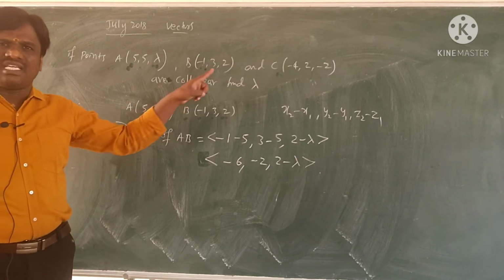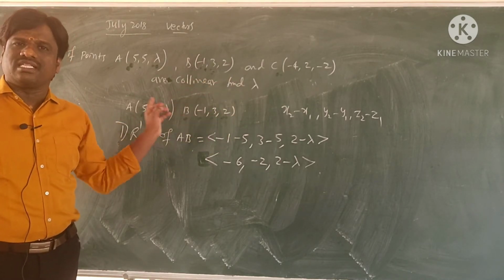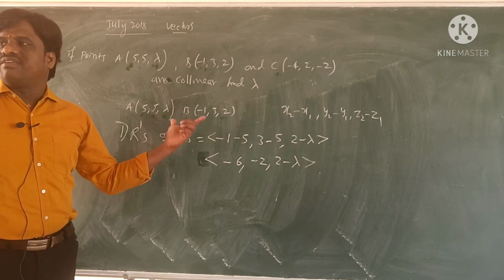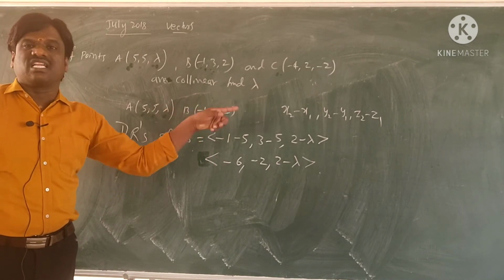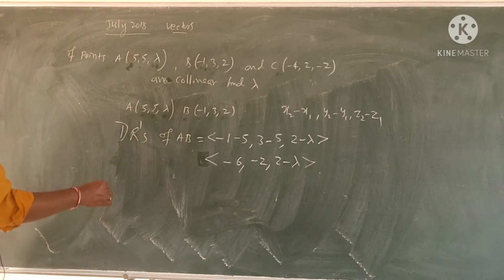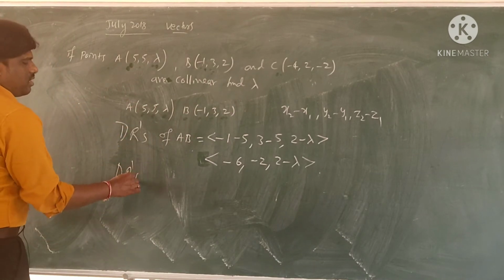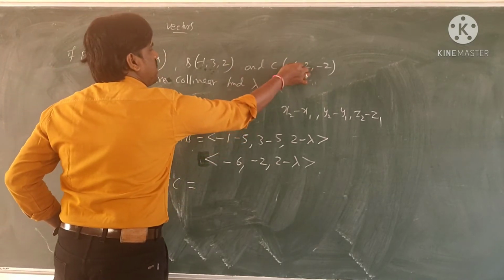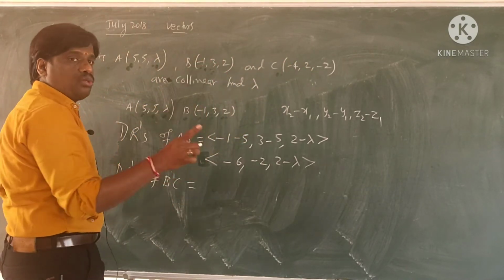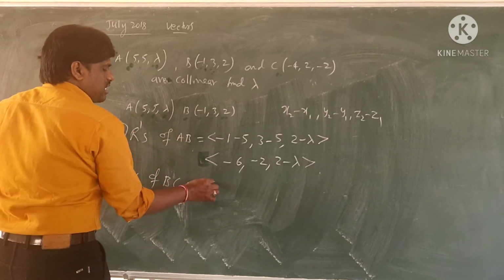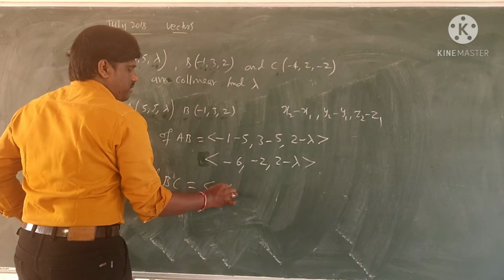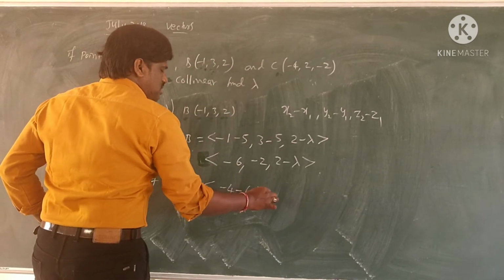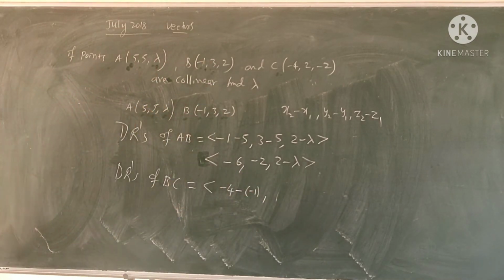Now same thing, that is also what I did now, subtraction only I did that time also, same thing. Now you got AB direction ratios. Now we will find BC direction ratios. Now what are the direction ratios of BC? Tell me BC direction. Minus 4 minus, see x2 minus x1. x2 is what here? Minus 4. Minus x1 is what here? Minus 1.